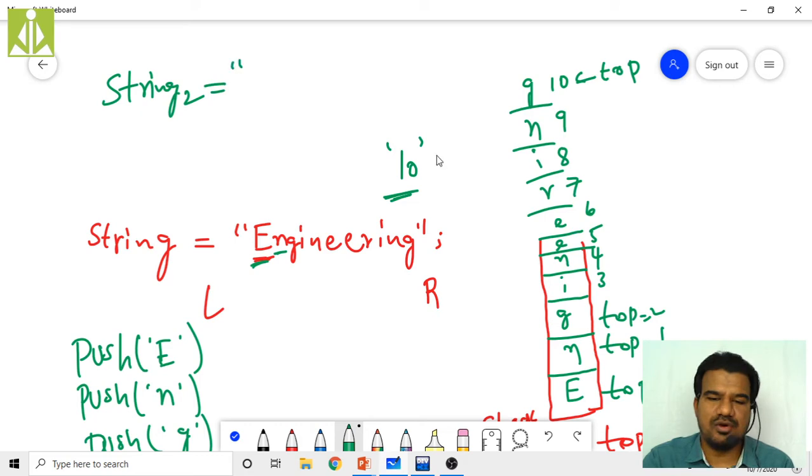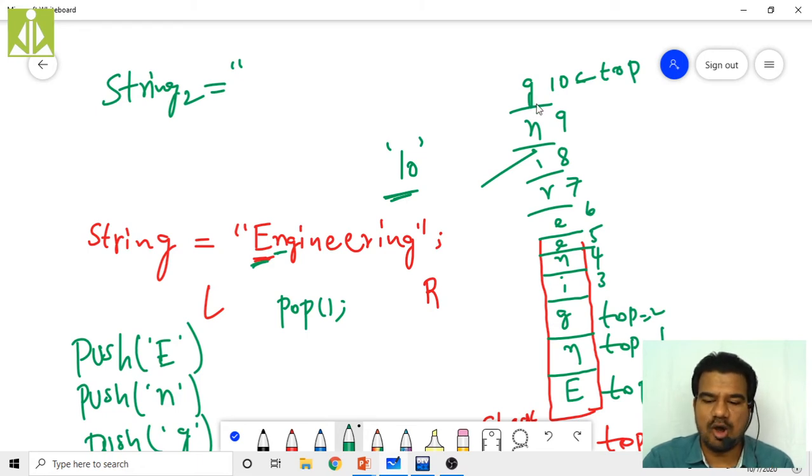So now what we have to do, as I said, is pop. If you apply the pop operation on this stack, which has all these characters in it, which character will be popped first? Is it going to pop this E first? No. As we said, we have to perform all the operations at the top of the stack only. After inserting all these elements, my top is going to be 10. So when I am performing the pop operation, I have to pop the element from the top of the stack.